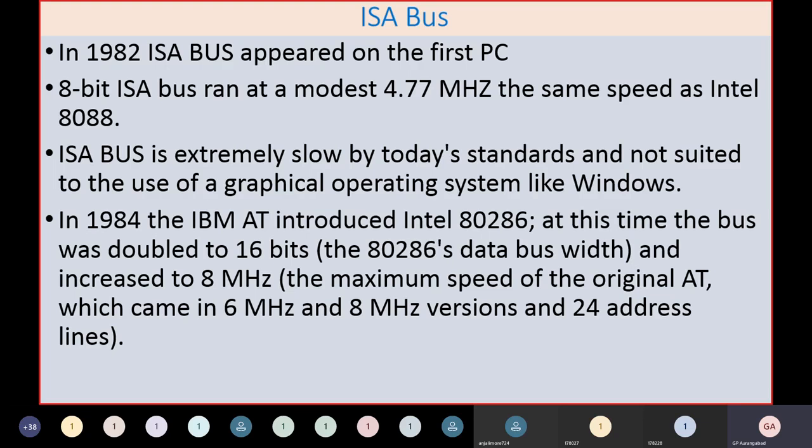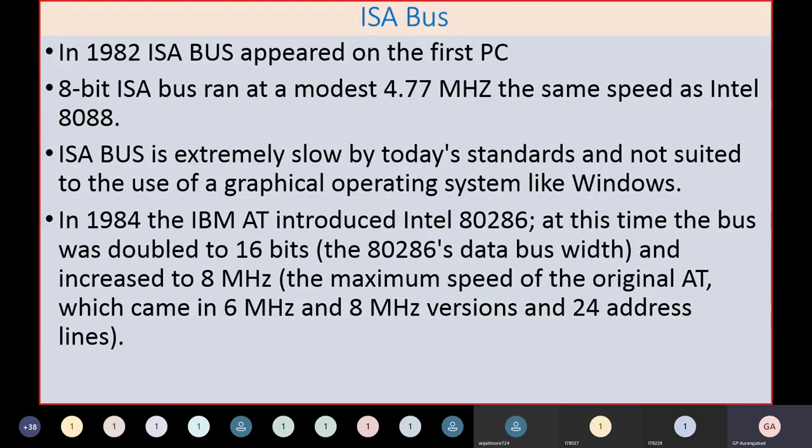Anyway, after these buses, I am going to review all the Intel family of processors, where we'll study right from the 4004, which was developed in 1971, to the Core i9 that is available now in 2020. So we will cover the history of the processor family in two lectures, maybe after two lectures or after finishing this bus.